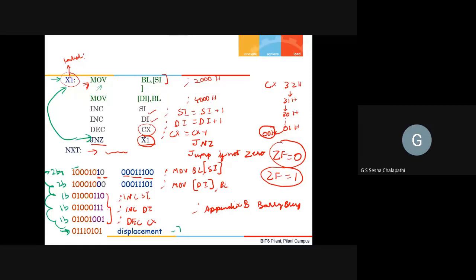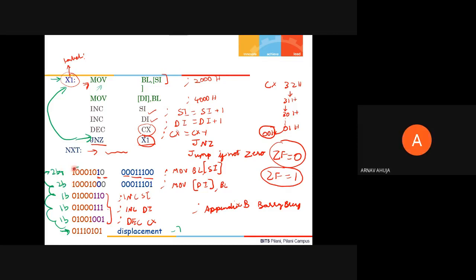This will be 1 byte, 1 byte, and 1 byte. So with respect to this instruction's starting location, I reduce 1 byte, it will go here. One more byte, it will go here. Then minus 2, it will go here, minus 2, it will go here.